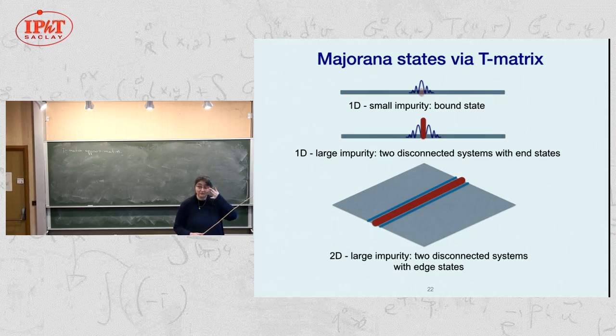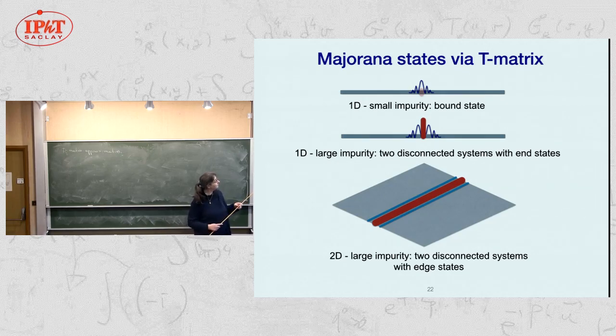So I thought it was a good opportunity because first I'm telling you about the way we obtain Majorana with this technique, and second you find out more about this T-matrix technique, which is very standard and I think very useful to know for the students. Okay, so I told you about tight binding, and I told you about this type of matching, solving the Schrödinger equation, methods to get Majoranas. So now I'm going to tell you about obtaining Majorana states via different techniques,